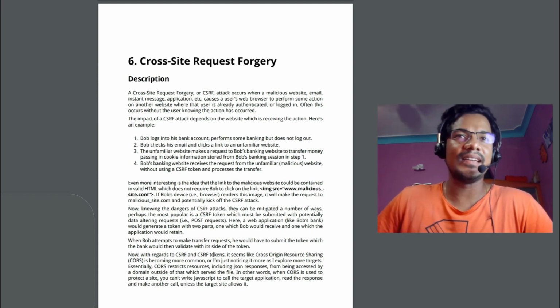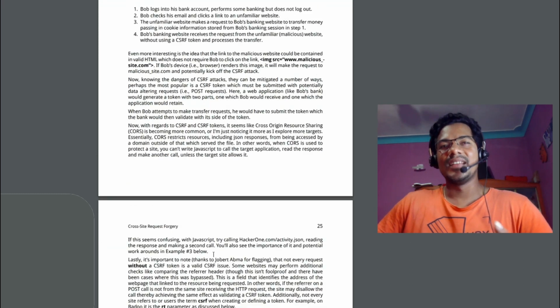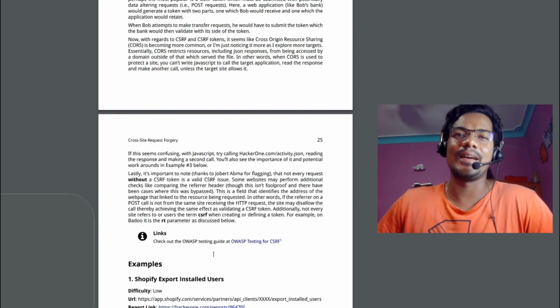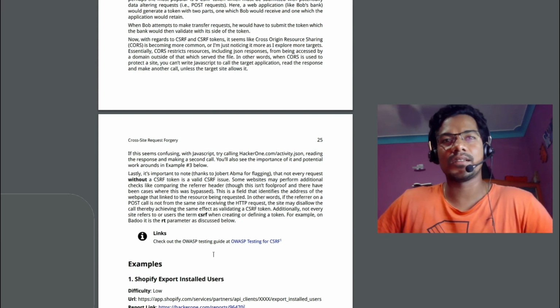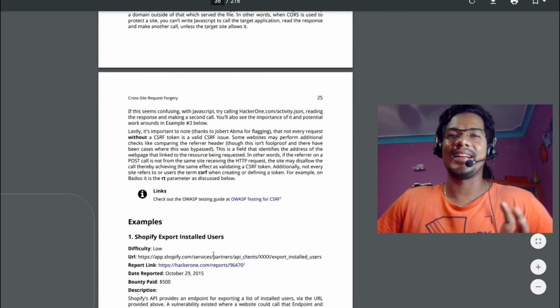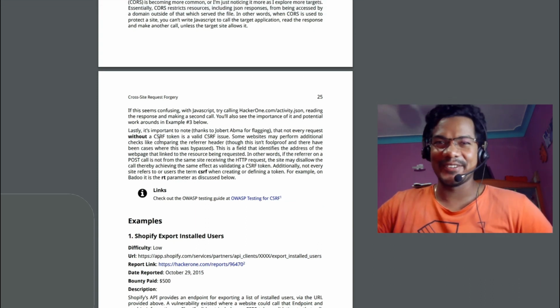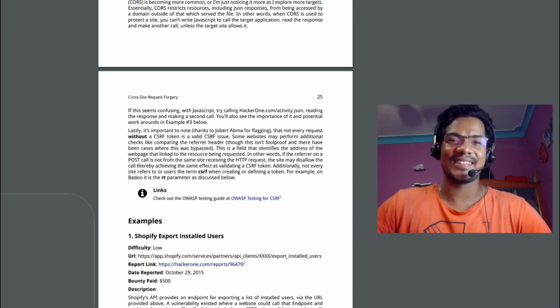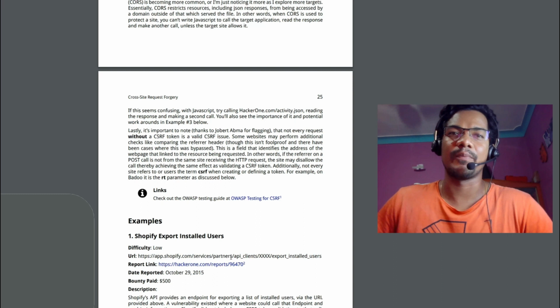This is the kind of example most people give. Now over here he is trying to explain, again, I guess the same thing. Bob logs into a bank account and all those things, right? So this is one of the really cool issues. This happens typically because of the cookie value that is automatically passed by your browser. I guess he has explained a bit about the CORS thing also. So make sure you read that and get clarified about CORS. It is a very famous interview question. Most people test your basics by asking this CORS question. So do read the CORS thing properly.